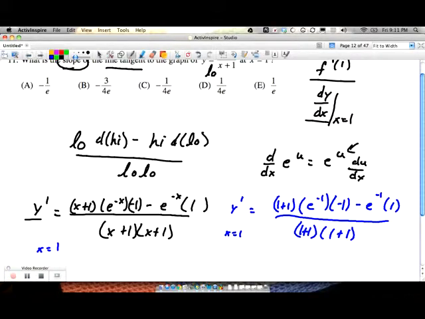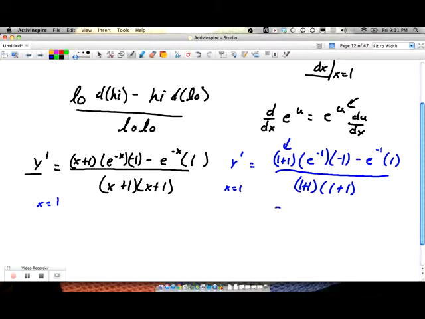Let's simplify here a little bit. So we got a 2 times 1 over e. And we got a negative, so let's put that 2 with the negative, put those together. And we got minus, this second expression here is 1 over e, all over 4. Well, if I were to simplify that top piece a little bit more, I would have negative 2 over e minus 1 over e. That's really negative 3 over e